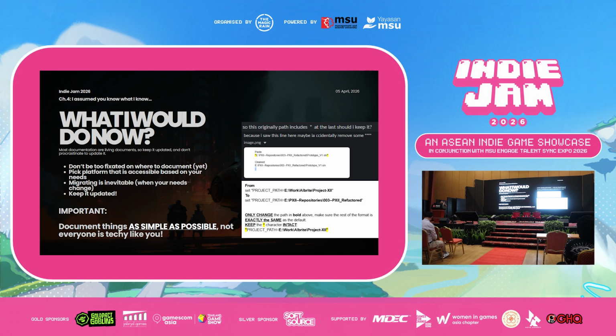So if you see the image here, this is a problem with my bat file documentation back then, because a lot of people are not used to coding. So if I didn't spell it out word by word to make sure everything is very clear, people will start to make a lot of assumptions. And the problem with technical stuff, especially if you are on the dev side, in technical work, is that you can't assume things. You need to make sure that every word, every character and alphabet stays consistent.